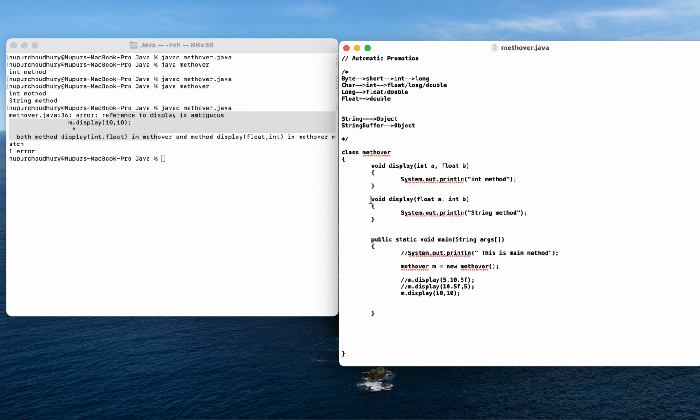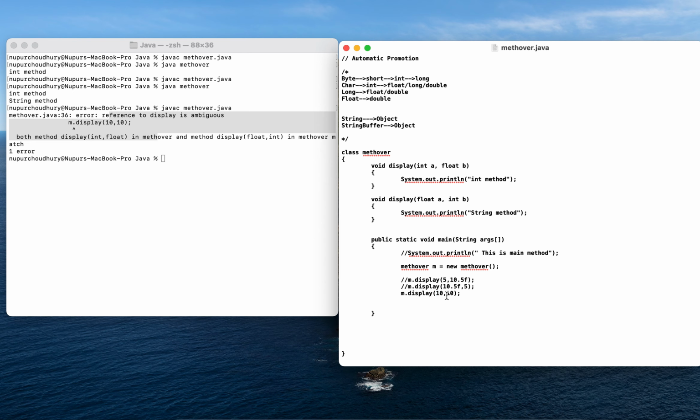Now it will also check the second method, because the name is the same. When checking the second one, the first argument is an integer value, and the parameter is a float, so this integer can also be automatically promoted to float.